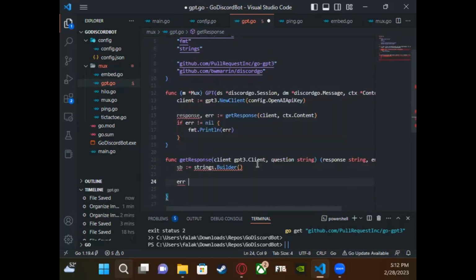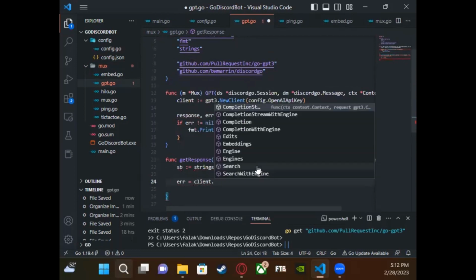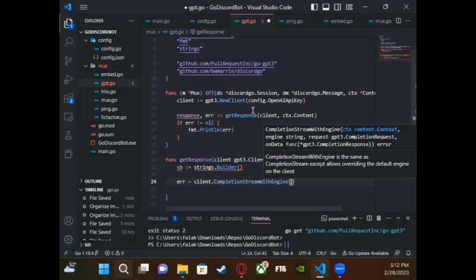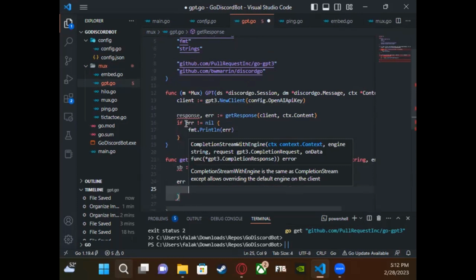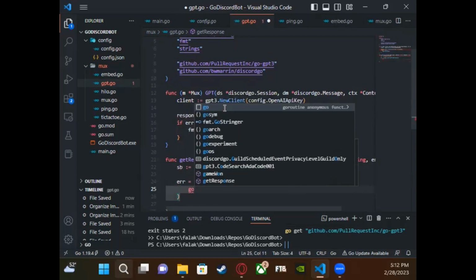The next thing you're going to do is say error equals client dot, and this came out right here, CompletionStreamWithEngine. It's a function that will allow us to send a request. It takes a few parameters, and we're going to go over each of them. The first parameter is going to be called